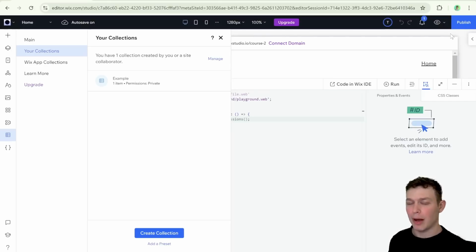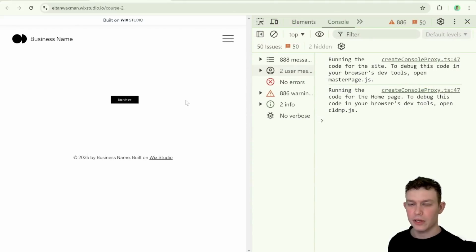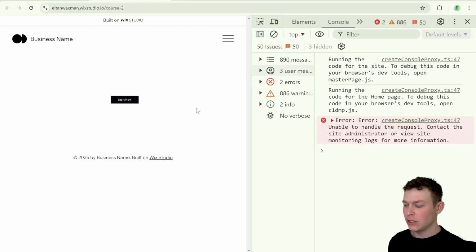I'm going to publish the site and head over to the live site to see what happens when I try and access this collection as a regular site visitor. Here on the live site, I've already opened up the console log panel. What I'm going to do now is just click Start Now. And you can see here that we have an error. I can't really see what this error is because it is occurring in the backend of our website. But you can see here that I obviously did not manage to gain access